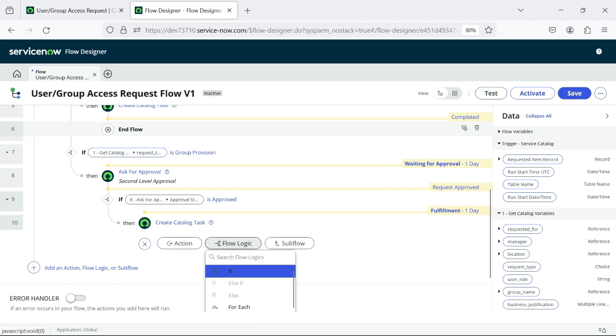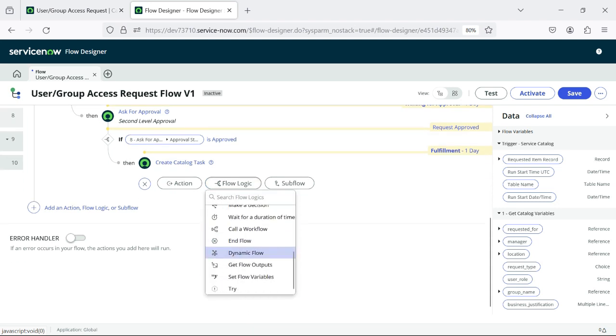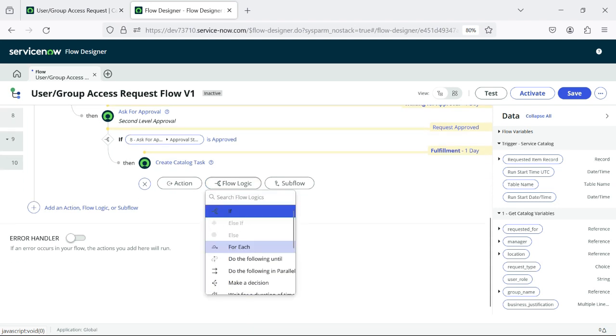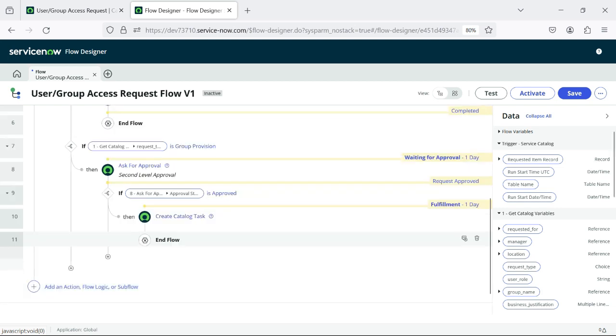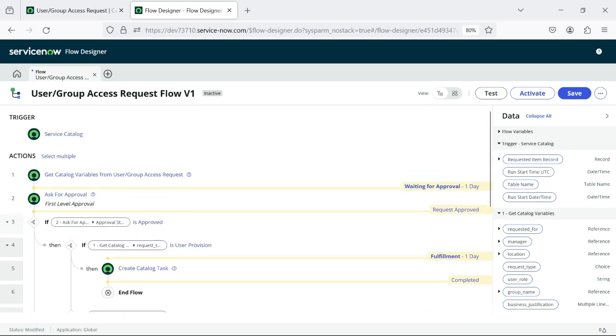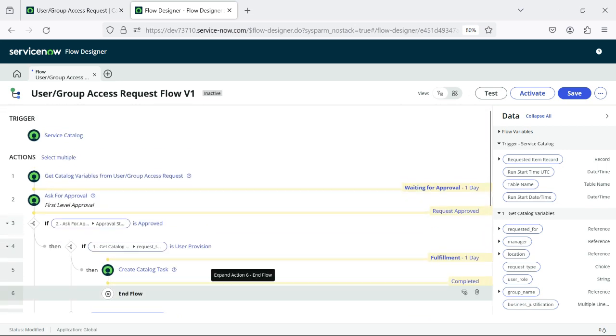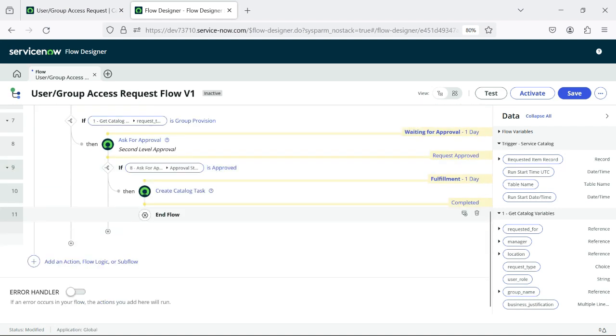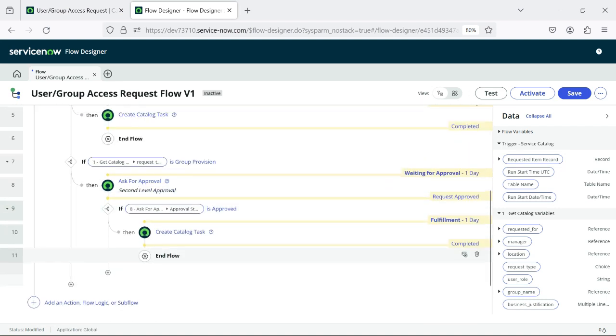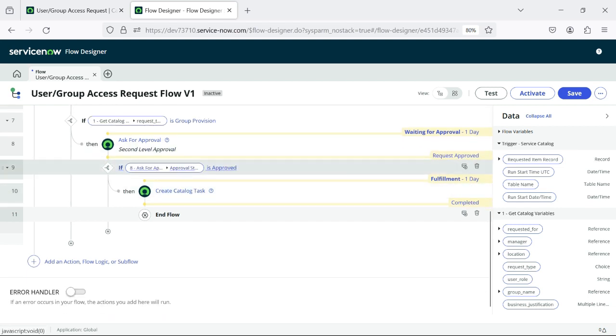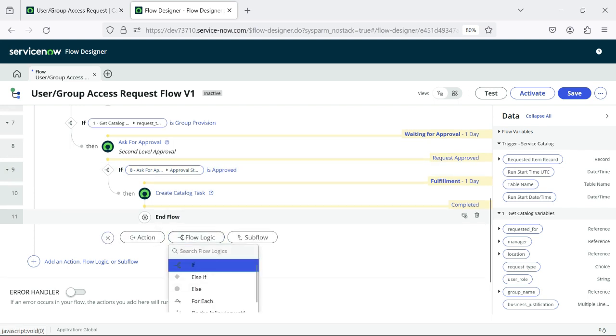Similarly we can add flow logic, one of them here. This will be end flow completed. Okay, so these are mostly positive ones. Now we will see the negative ones. So here you will see group provision is fine. Here we have checked if approval is approved, right? But what will happen when else